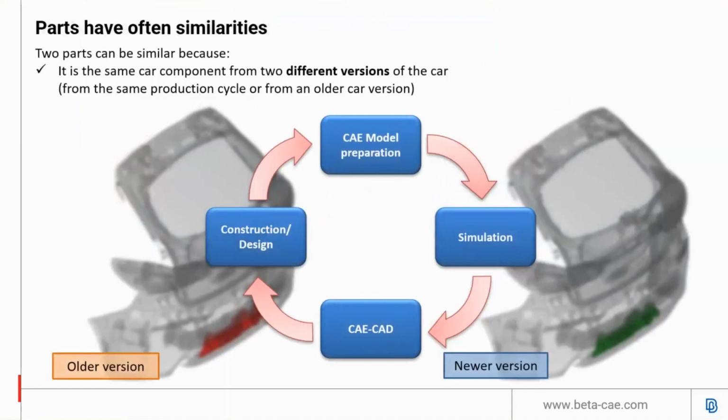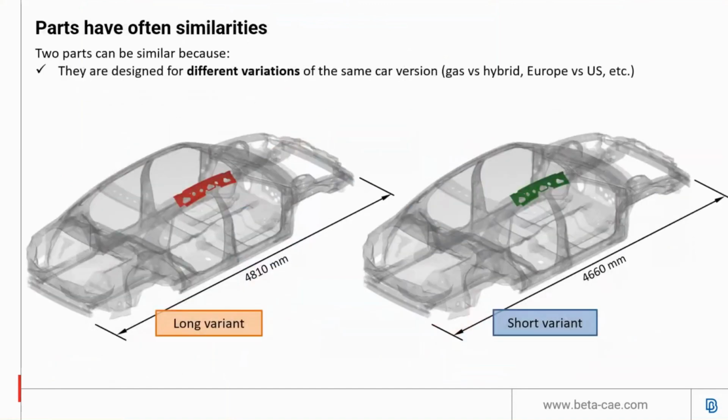Something very common to have in the model is two parts that are very similar. They differ only in some few areas. For example, when a new product is developed, updated versions of each part are created. A previous and a newer version is a typical example of two similar parts. Another case in which we may have two parts with only few differences belongs to two different variations. For example, Cabrio, Sedan, EU version, and US version.